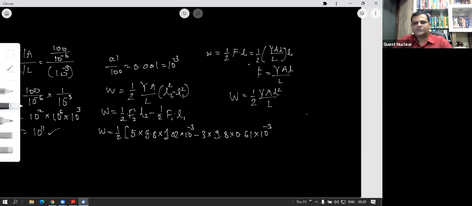Yes, so it will be actually, अभी इसमें से क्या कॉमन ले सकते हैं हम, देखो ठीक से, we can take 9.8 common, no doubt, and even 10 raised to minus 3 can also be taken common, right? And what we are left inside is, तो यहाँ पे 5 into 1.02 minus, here it is 3 into 0.61, correct है, which is, चलो ठीक है, keep it as it is, 3 into 0.61,